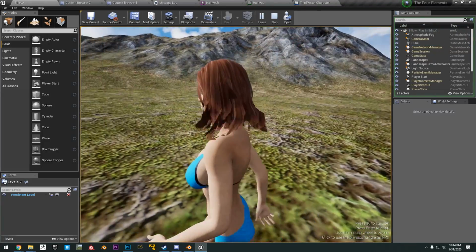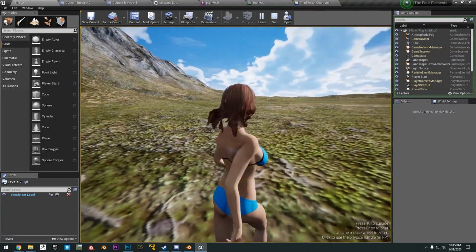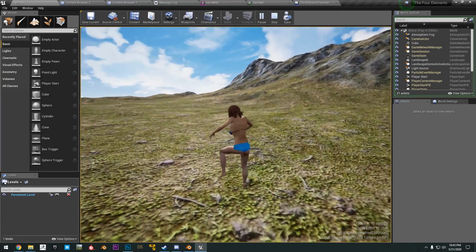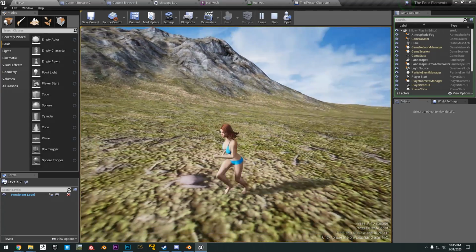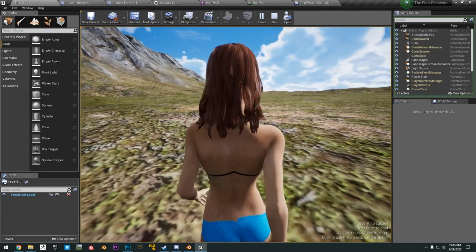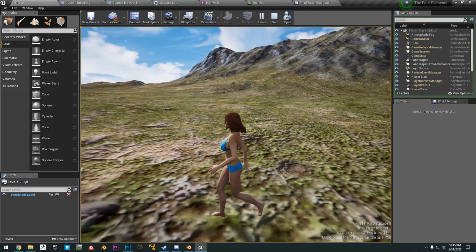Today I'm going to show you guys how to make your own custom hair for your character in Unreal Engine 4. I will show you how to either create or obtain our own hair model, rig that to your character, then import it to Unreal Engine. Then I will go over the various options we have for hair simulation, and finally we can apply it to